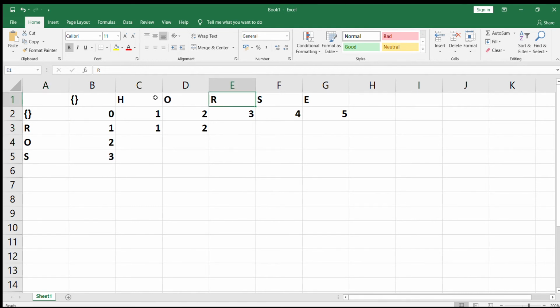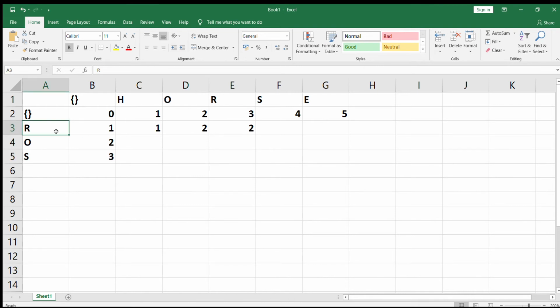But I need to take care of the other two characters. So I just need to drop H and O, and R is matching, so no operation is required for that. So overall I need to do just two operations. So you will just drop H and O. So two operations are required.